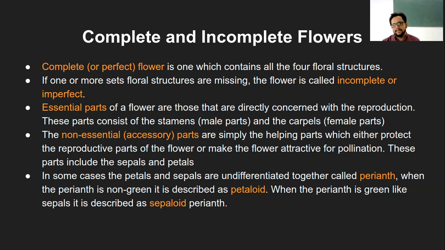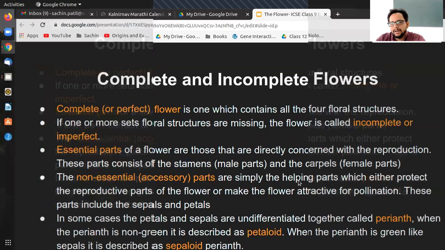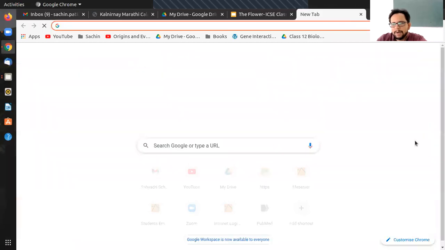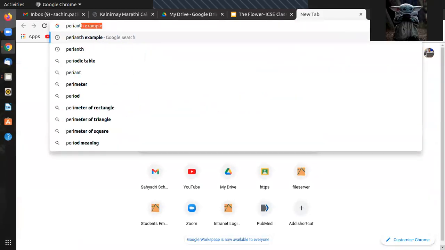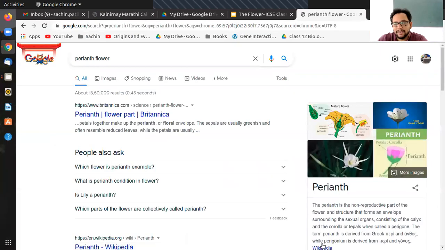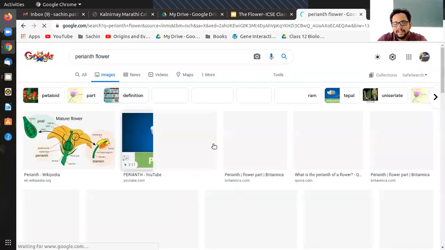Perianth is most commonly seen in the champa flower, right? That is the Firangi something it's called, Fringi Pani or something, I don't know. But Champak or Safa, that is the name. And there you commonly see this perianth, in which the petals and sepals are kind of fused. Let me show you that particular part. So, Frangipani. It's called Frangipani. Okay, I just don't remember exactly what it's called otherwise.